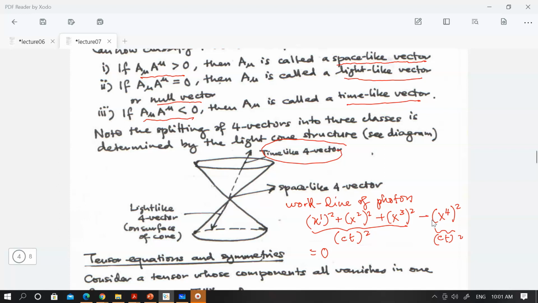So anything on the light cone is actually a null vector. Okay. So inside the light cone, then the thing becomes negative. This is less than that one. And outside the light cone, this one will be more than that one. Okay. So you'll see later on that